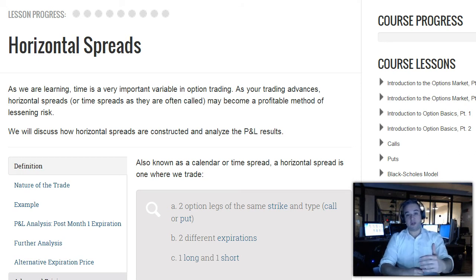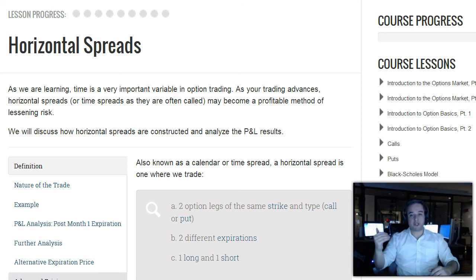Another thing you can do is if you want to sell an expensive option that might expire in like 90 days, well, you could sell that and buy a front term option as your hedge, as opposed to hedging within the same expiration. Now, looking at the long horizontal spread,